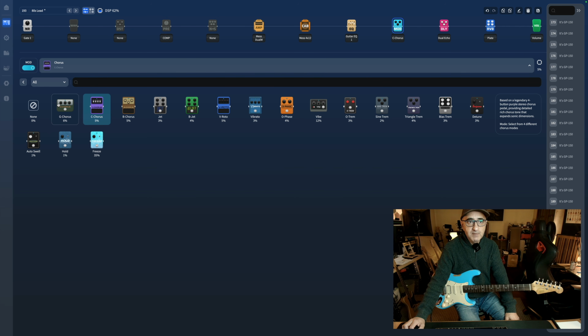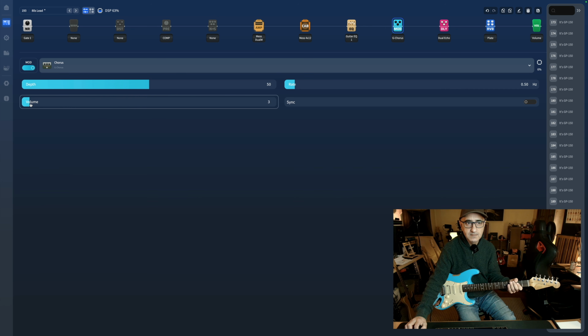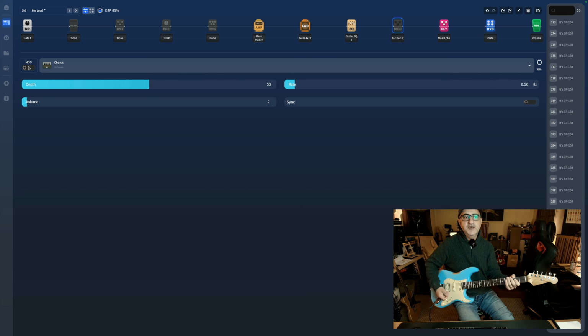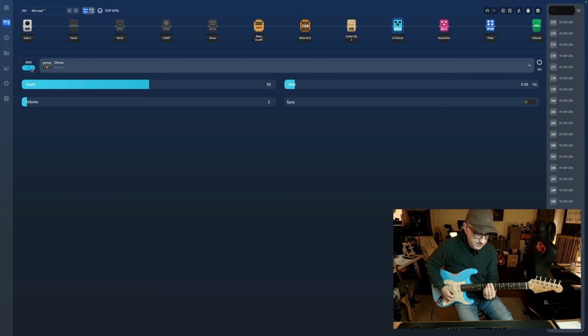I want to reduce the amount of chorus, so there are not many options here. See, if it was in parallel, you could bring this chorus up much more. Like this, it kind of ruins a little bit of your tone. I don't want that to happen, so